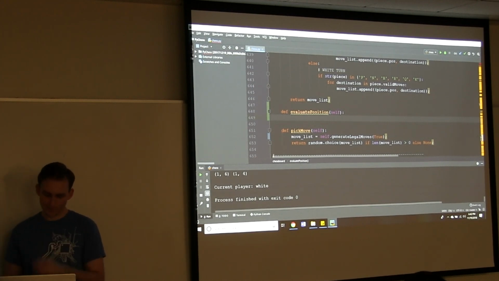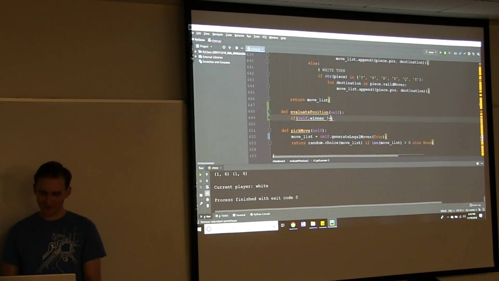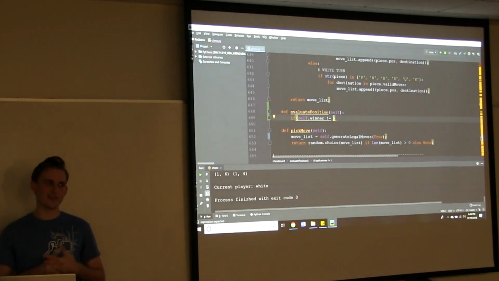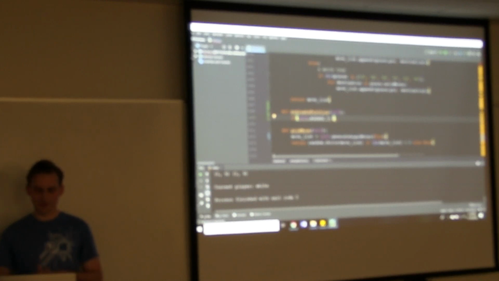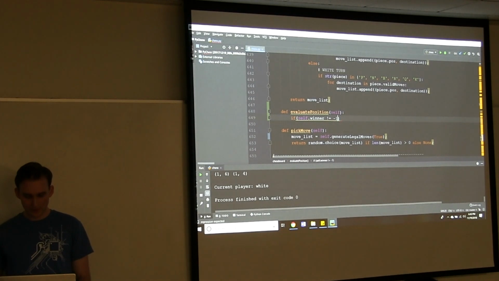And first of all, this step is fairly important. You need to react in a different way if there is a winner. Because if the game state is already won, then obviously whoever won should have the maximum points value. So this is a way to say if there is no winner.